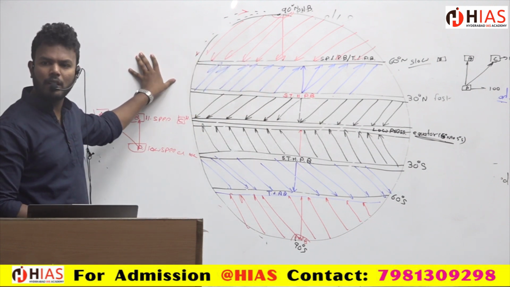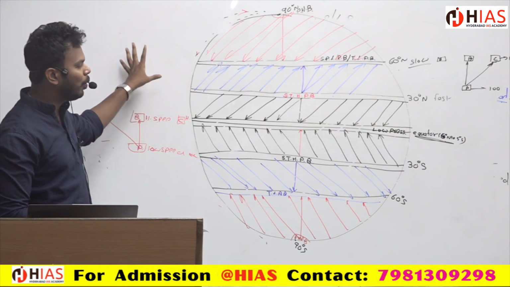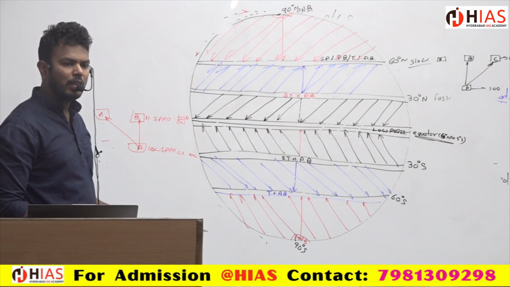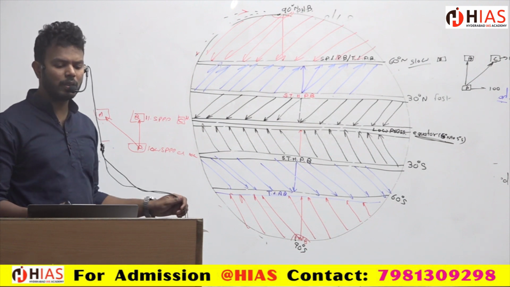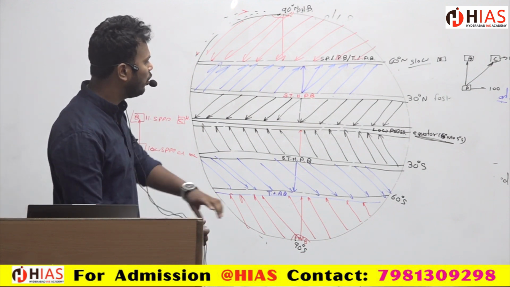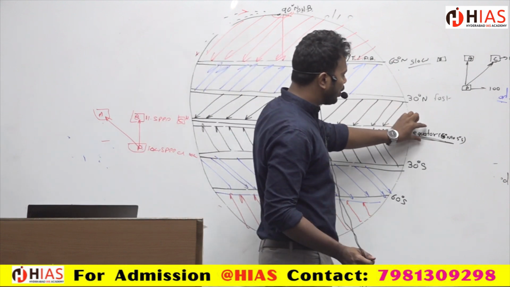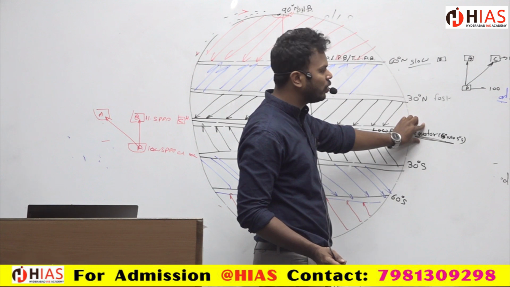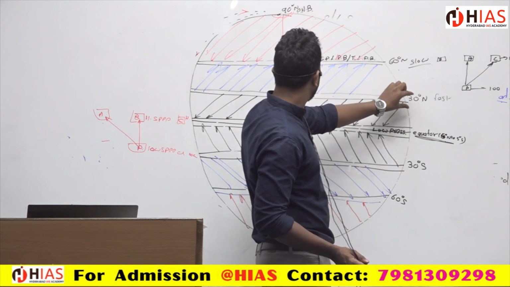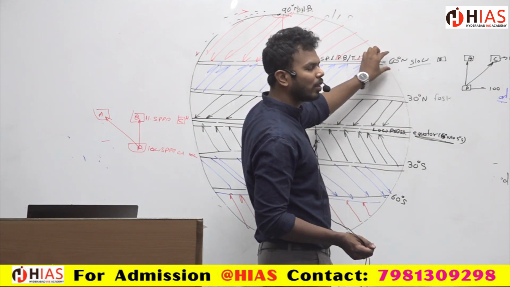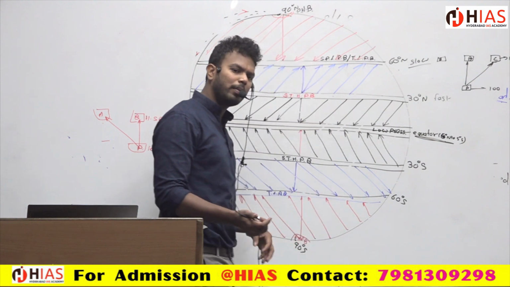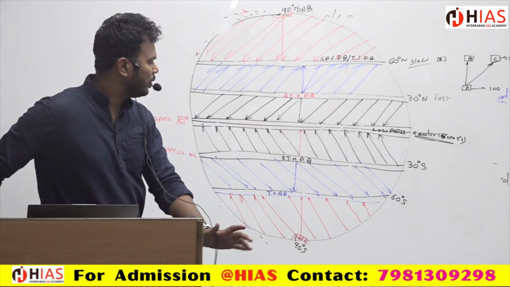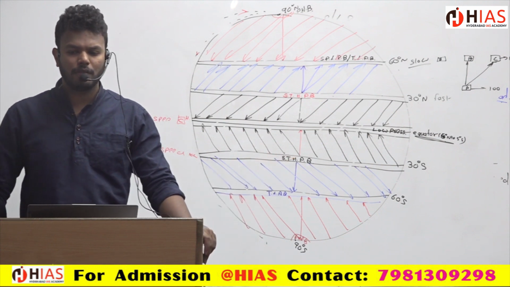Understood this point? How the winds are going there, how the prevailing winds are there, and now see there are doldrums. So what is the doldrums and what is the subtropic high pressure belt? We will be discussing this one clearly. So equator, it is also called the intertropical convergence zone. So it is called the subtropic high pressure belt and it is called horse latitudes. So doldrums, horse latitudes will be there. We will be discussing that. But before that, draw this diagram.